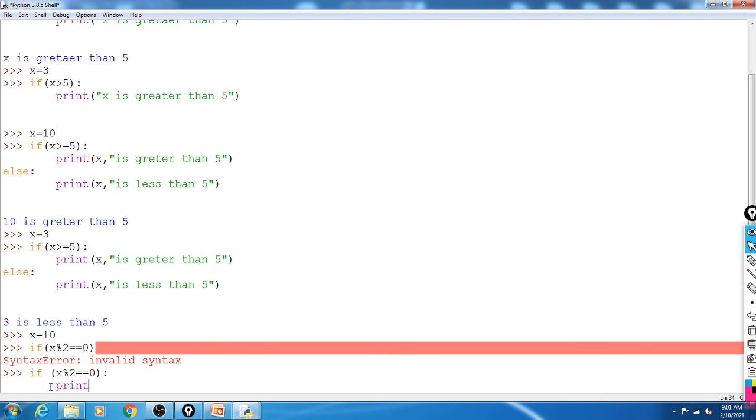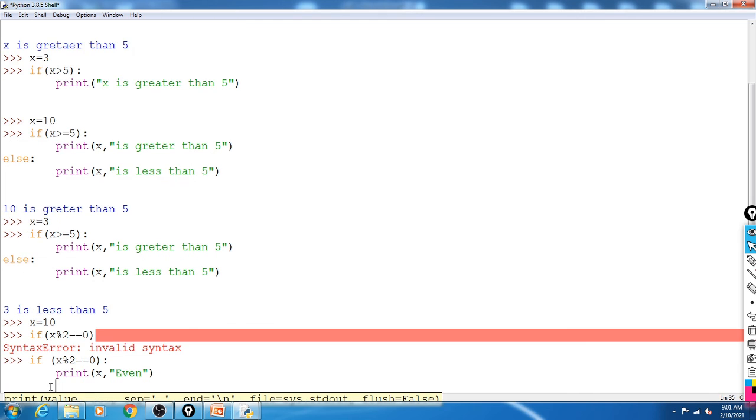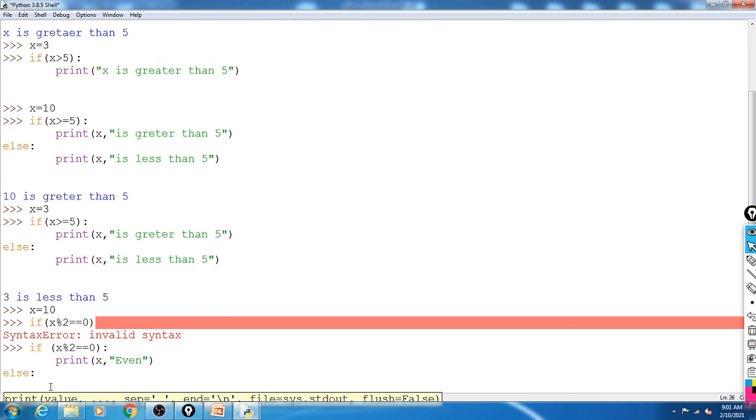So print number x is even. Okay, and then the else part, so write it like this, else again colon, then print right here x is odd.